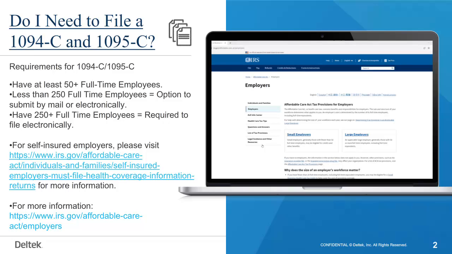If you are a self-insured employer, you will want to visit the IRS website for self-insured employers for more information regarding your filing requirements. Any further information for filing requirements in general can be found on the IRS website for ACA reporting for employers at www.irs.gov/Affordable Care